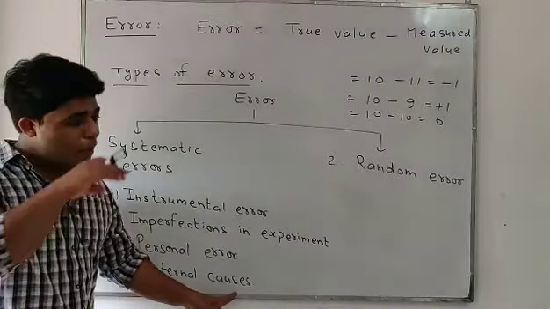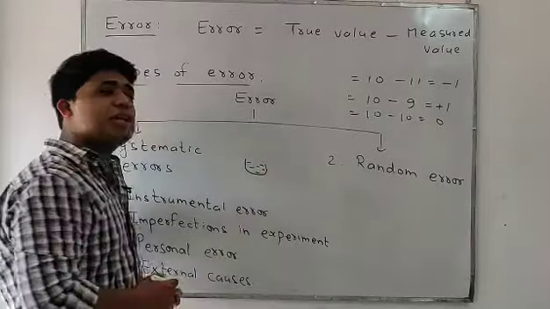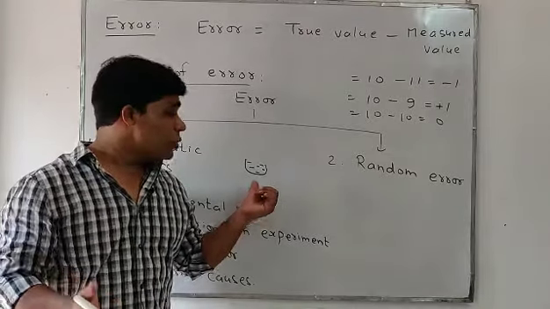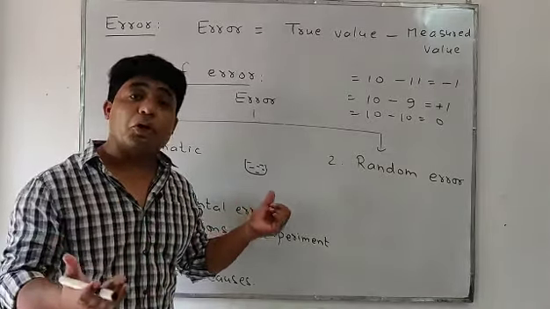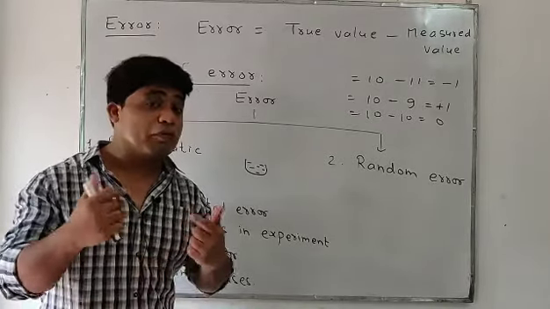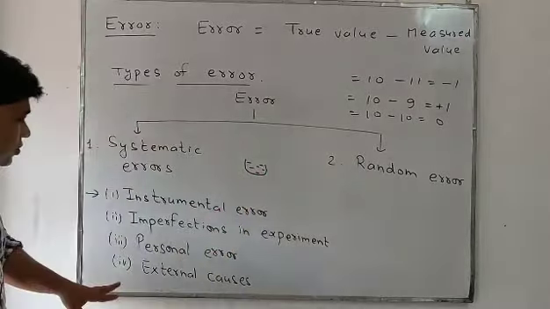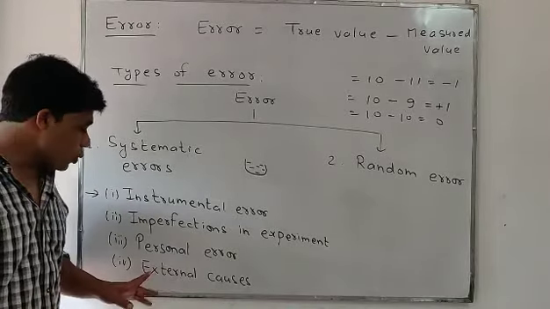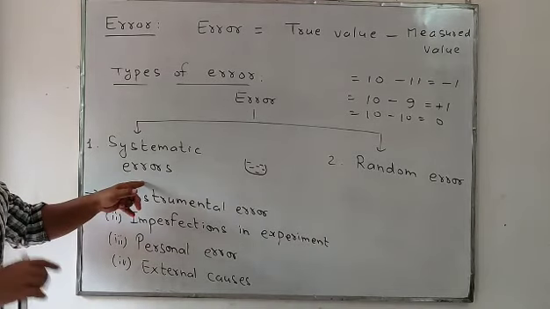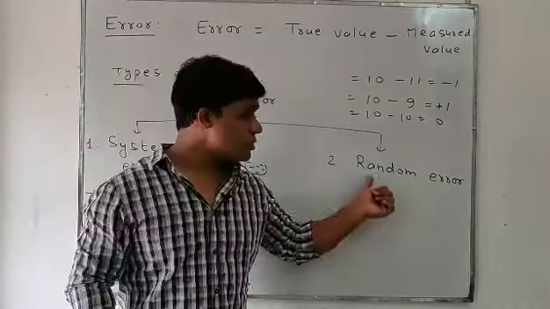External cause. Suppose you have to measure the temperature of this liquid. When you measure in the lab, suppose the temperature is 20 degree. When you measure outside the lab, it may give 22 or 25 due to the heat of the sun. Due to the pressure, temperature and wind, the temperature may increase or decrease. Such error is produced by external causes. So these are systematic errors that occur in a single direction, either positive or negative, and can be eliminated.